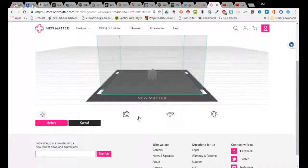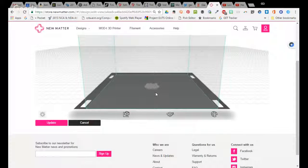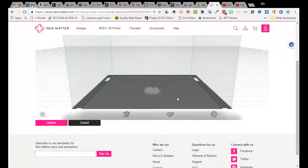Can I change? So this is going to be to scale it. This one would be to rotate it. That's not what I want. Oh, put it down? All right. Okay, so I want to take a peek at this. The only thing is, I don't know if I'm going to get the stuff that